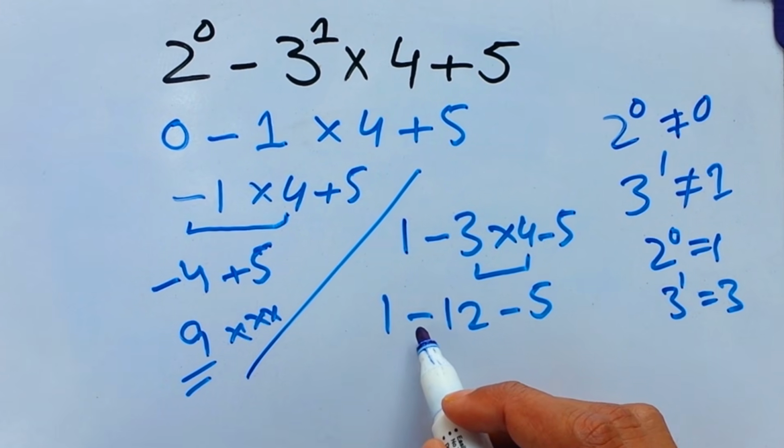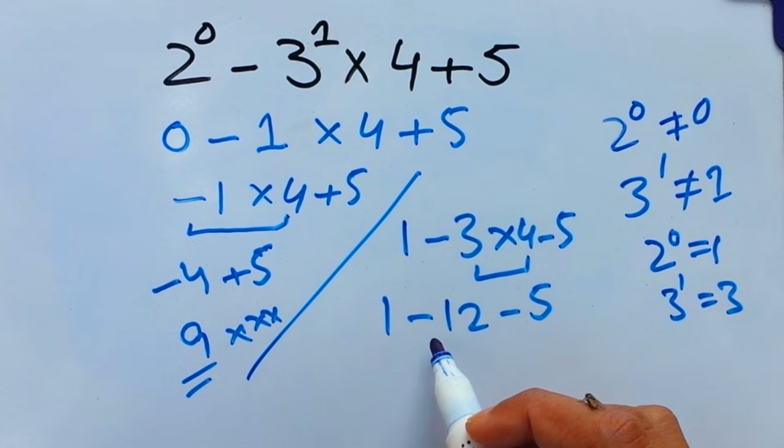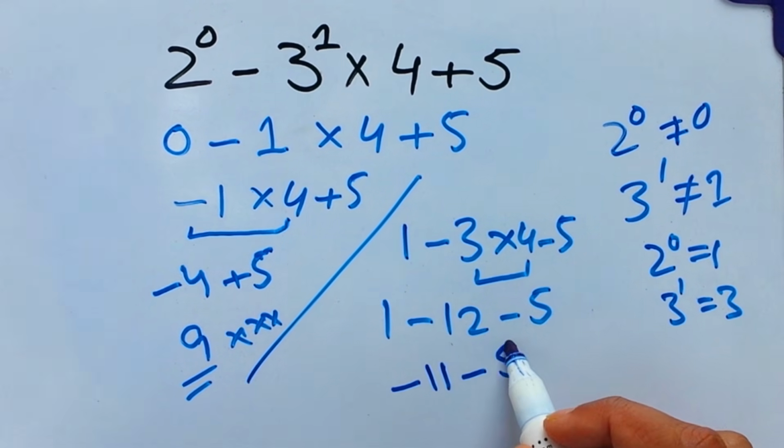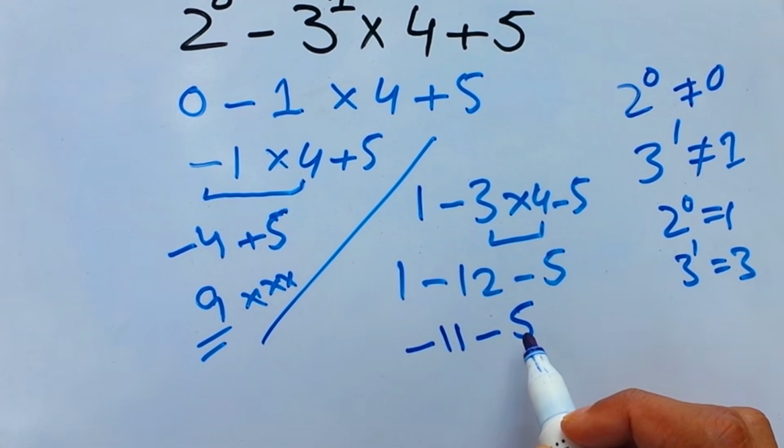No, subtraction left to right. So 1 minus 12 equals minus 11, keep the negative sign, and minus 5. No, minus 11 minus 5 equals